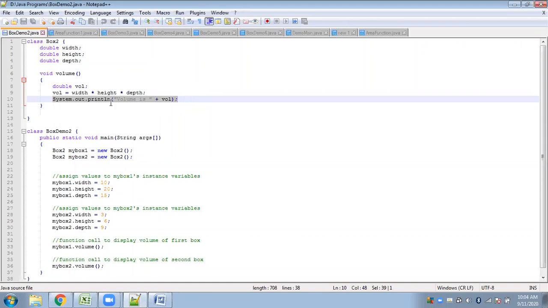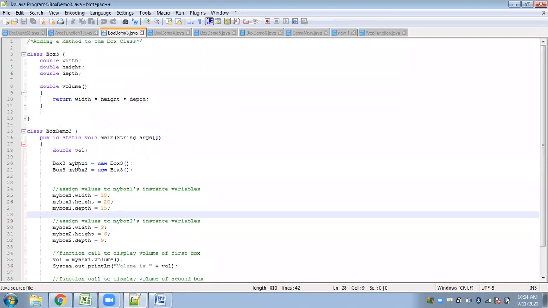Now we will be returning values. The function will do something, it will return the result back to the main function, and the main function will display the result. This you have used in C. The same thing can be used even in here. So it is the same program. I'm just changing the names of the classes, because for every class you write, one .class file gets generated in the same folder where you have saved your programs. So there will be duplicacy.